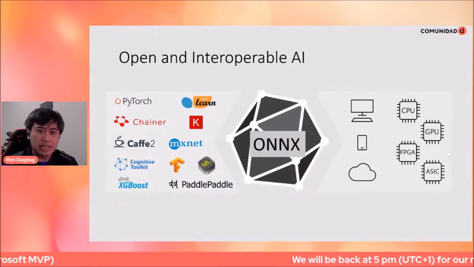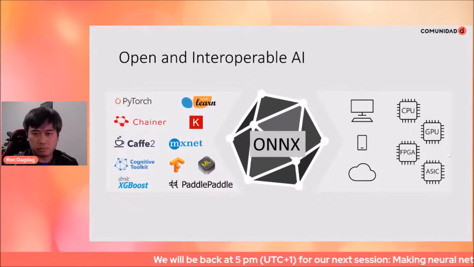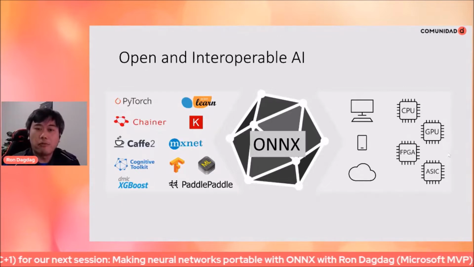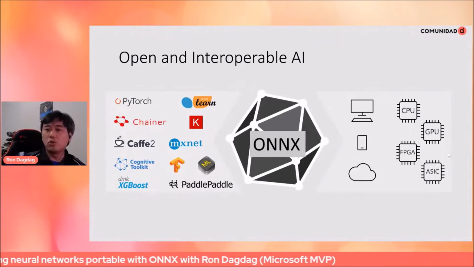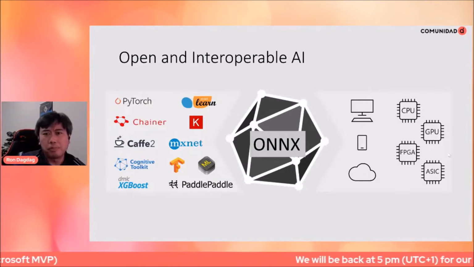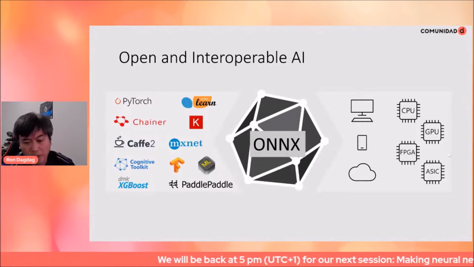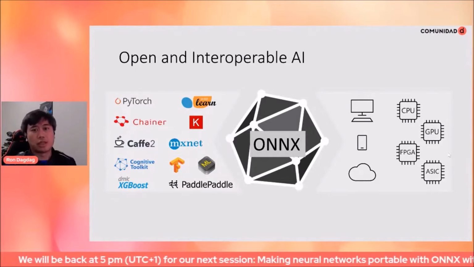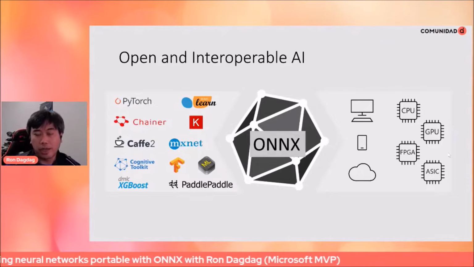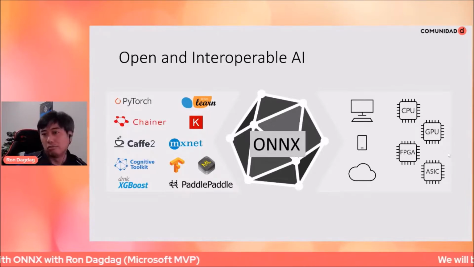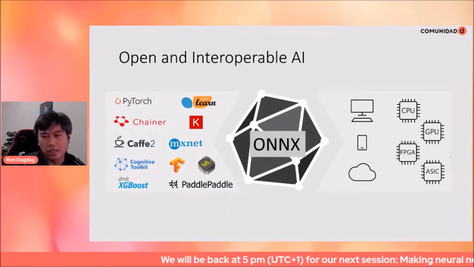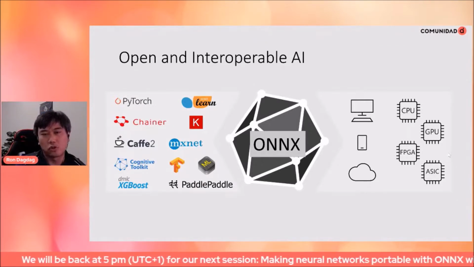And so ONNX is the bridge between being able to generate or create that model in a format that can run on the CPU, GPU, and all these different processing units. So think about it as kind of like a PDF, right? You may have written it on Microsoft Word, or sometimes, like in this case, I wrote my presentation in PowerPoint. I exported to PDF, and now you can consume it anywhere you need it, and that can have the PDF viewer. So that's the way I kind of see how ONNX helps you also in terms of the